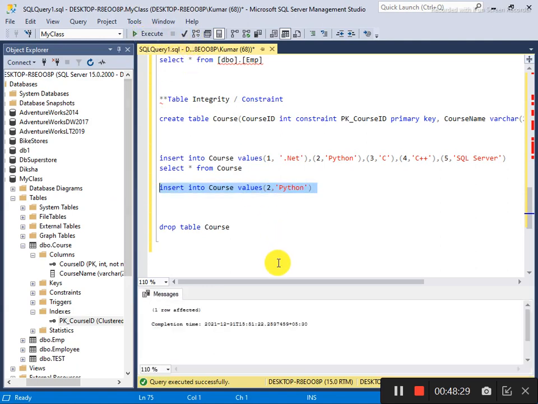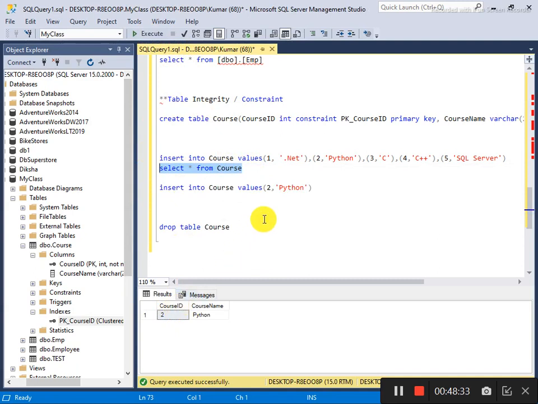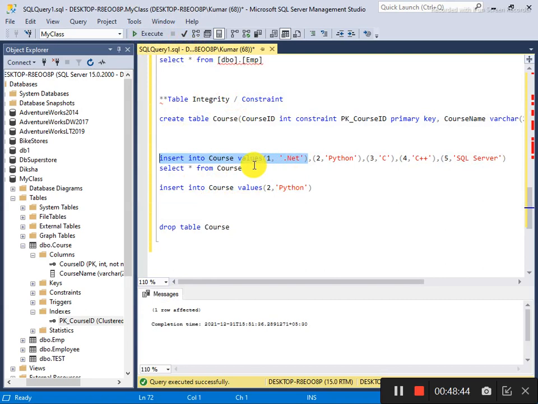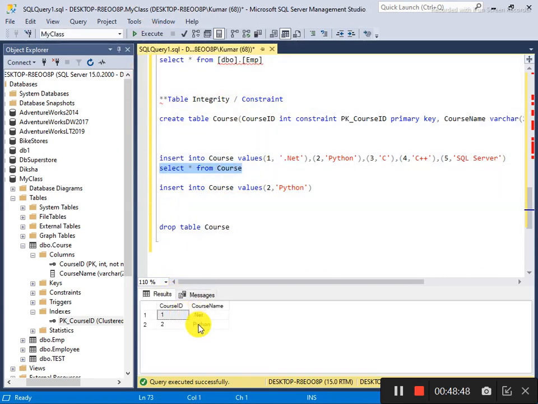I make an entry and Python has been inserted, whose ID is 2. Now if I make an entry with ID 1, then you will see that 1 automatically comes before 2. When I select it, you will see that .NET, whose course ID is 1, comes before Python. So a primary key automatically tries to maintain its order.